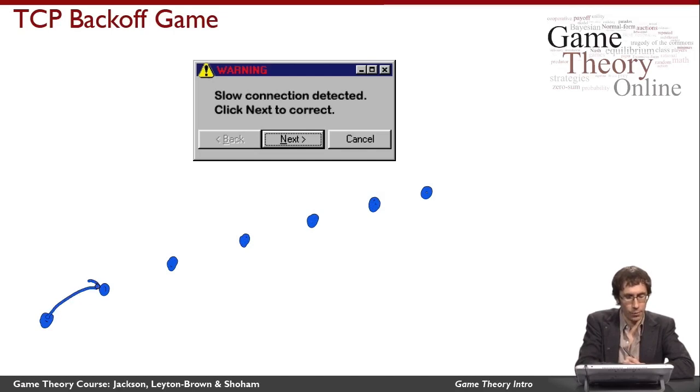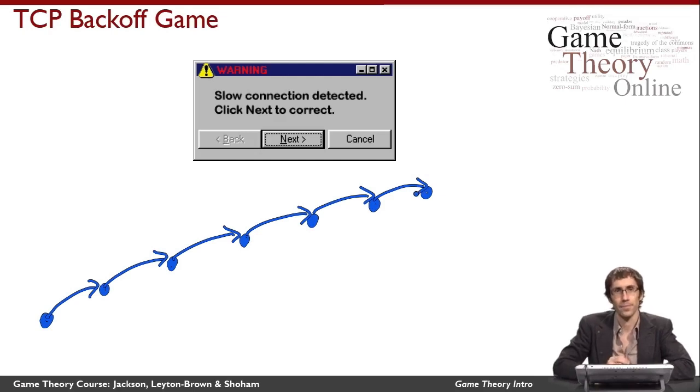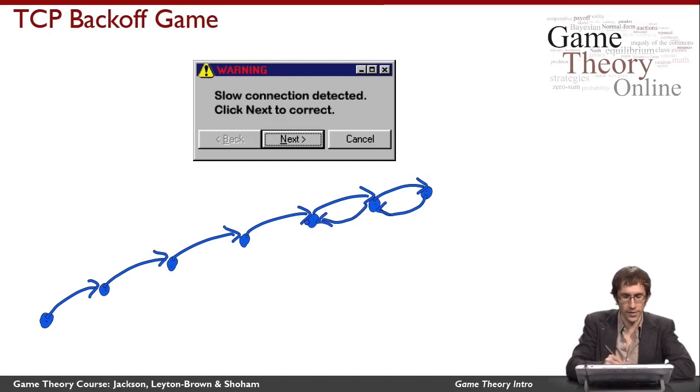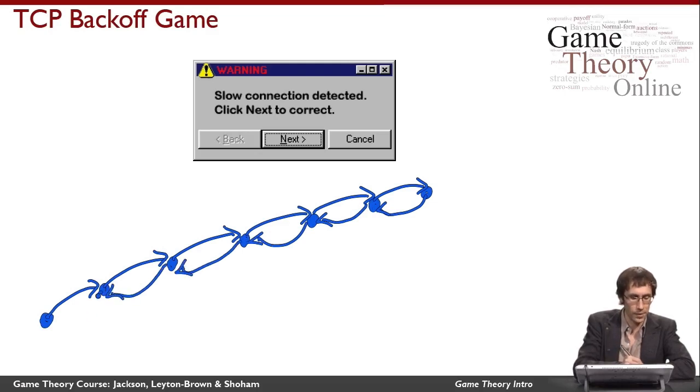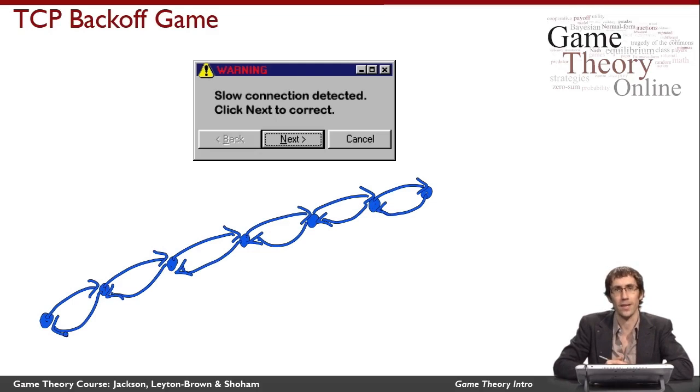So you pass the message along the network to some computer you're connected to. It passes it to another computer, and so on down the chain until it reaches your recipient. At that point, your recipient sees that the message is addressed to it, and it sends back an acknowledgement to you telling you that it received the message. And that acknowledgement, likewise, passes through a whole sequence of computers until it gets back to you. So far, so good. Here's the catch.